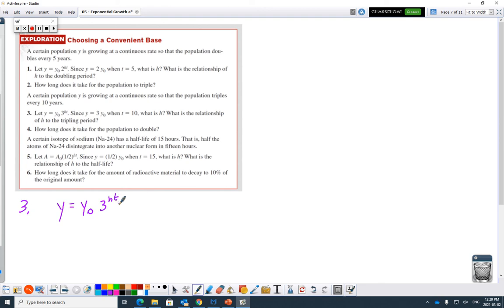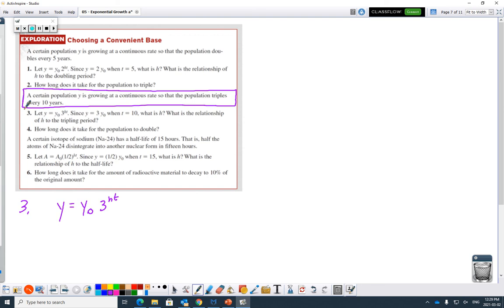Since y equals 3y naught... oh no, hey, new question, sorry. Read carefully. They've changed the game here. They said a certain population y is growing at a continuous rate, so the population triples every 10 years. New question. Okay, so